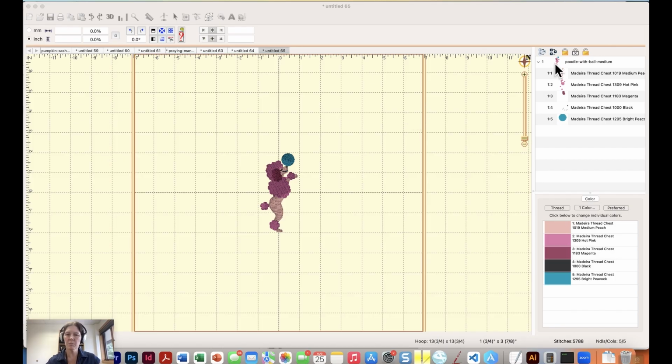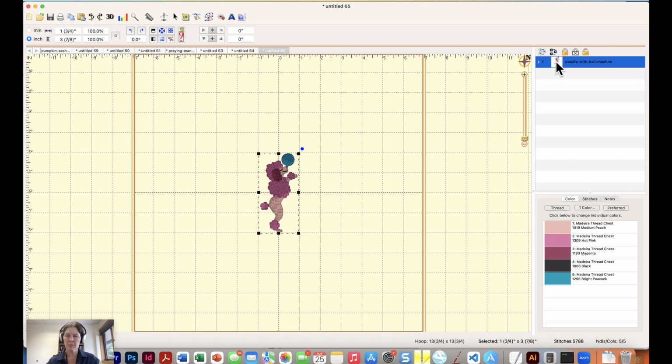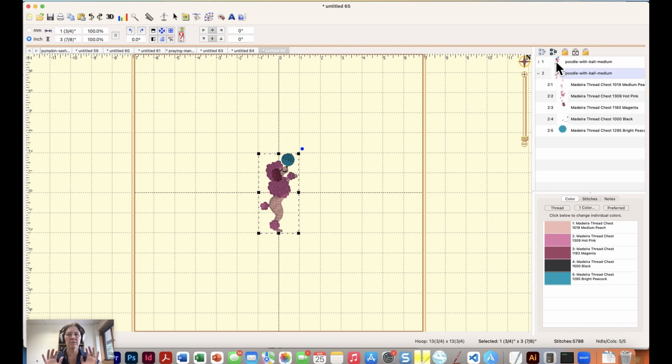Here I have my little poodle with the ball embroidery design. I'm going to select it over here, and I'm going to say Command C to copy it, Command V to paste it. Now, it doesn't look too different on the screen right here, but now you can see I have 2 instances of this design. I'm going to select the second one, and I'm going to click this little button right here, which is flip. All right, and now I'm going to grab it and move it over. And now I have 2 little